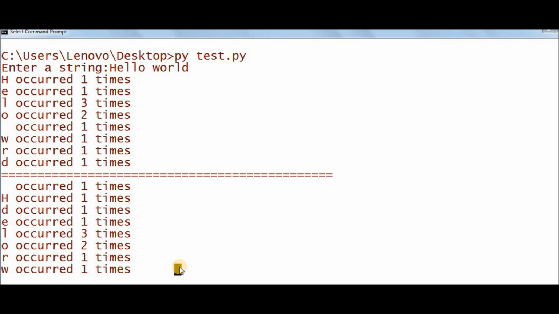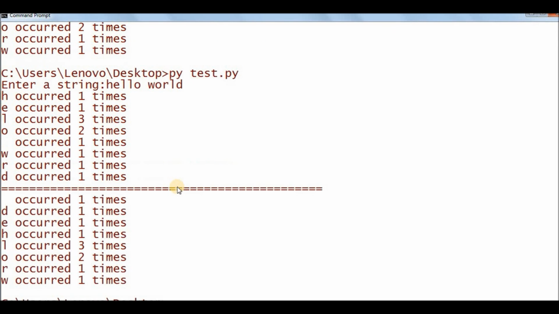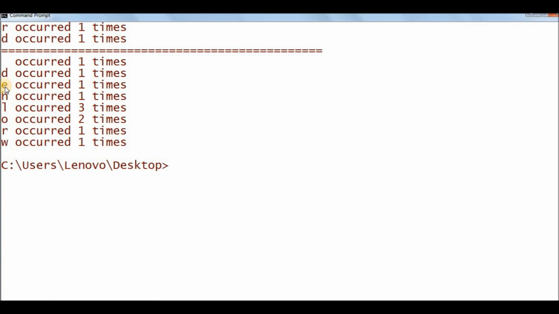Let me take another input with the same case so that you can get a better idea. Hello world, where every character is of the same case. Then observe the output: D E H L O R W. Now the keys are absolutely sorted, and the first output is for the space. Space is also a character, and it is also checking the occurrence of the space.